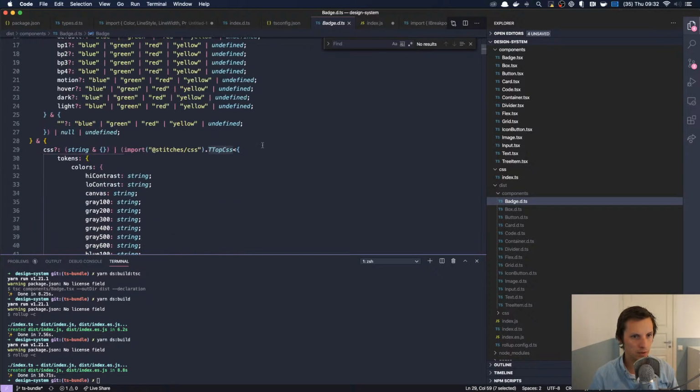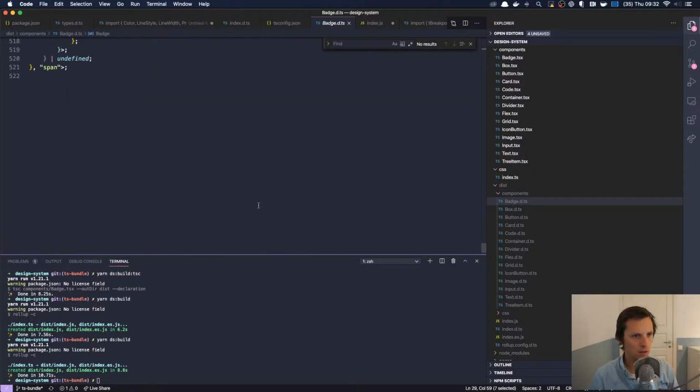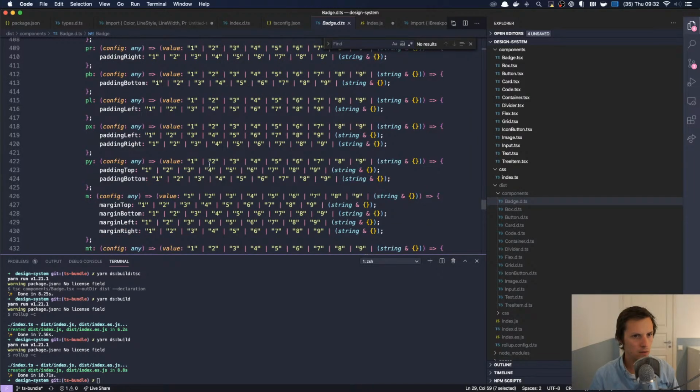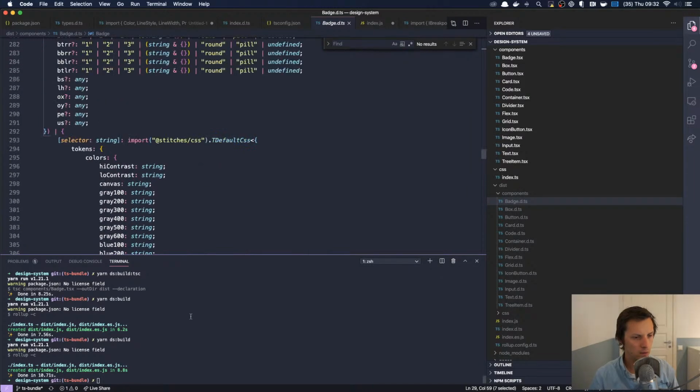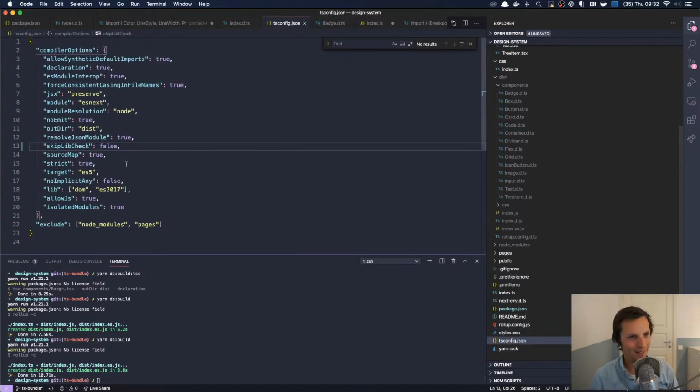So now it's using, no, T-top CSS. What the fuck? Why? God damn it. So it had nothing to do with that.